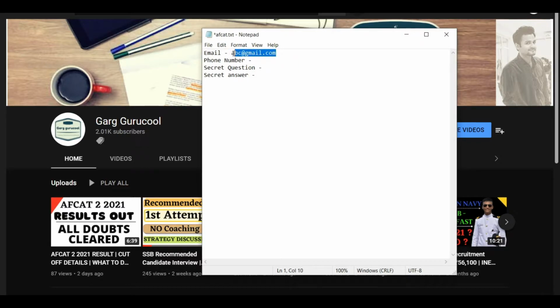We will copy this from here, control C, and paste it over there, so that there is no mistake at the time of filling out the details, because there we are not able to find out what is wrong in all these three. It will just say that the entries you have entered are not proper. So you'll write your email ID, your phone number, your secret question, and secret answer.